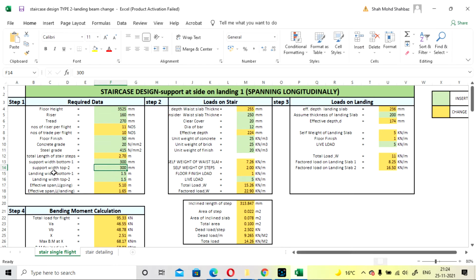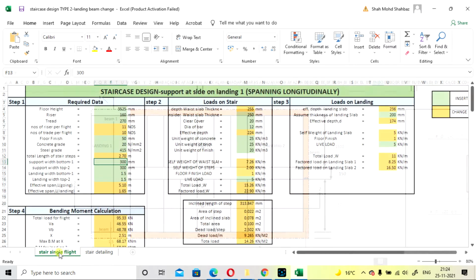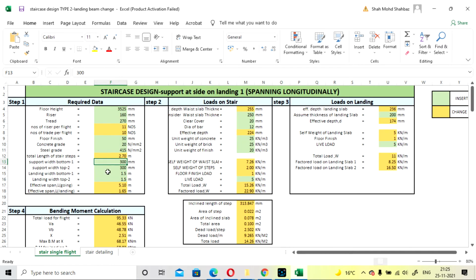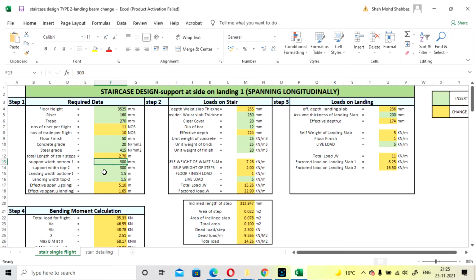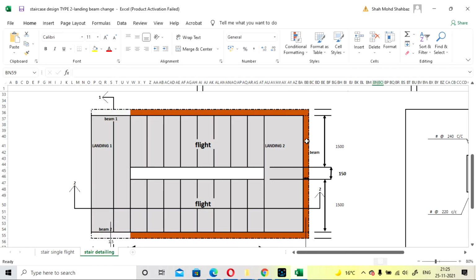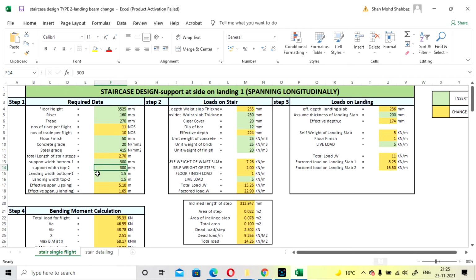So support with bottom will be 300 here, and support with top will be 300. It is not required right now, but in the design of landing 1 it is required. So you can insert these values. The support with top will be 300, that is this. If your width was different, you can mention that.